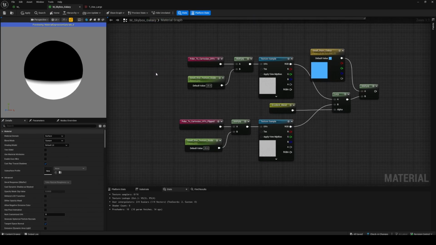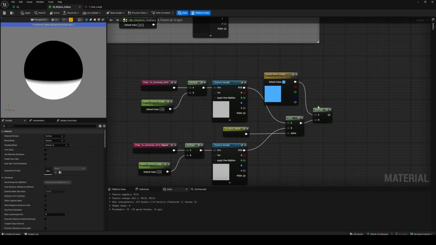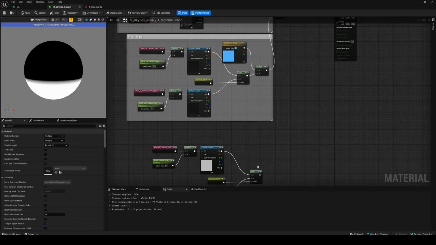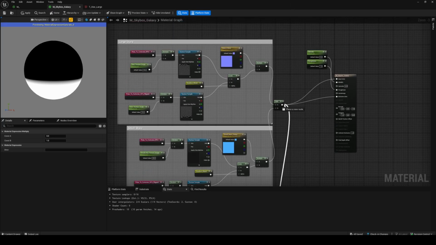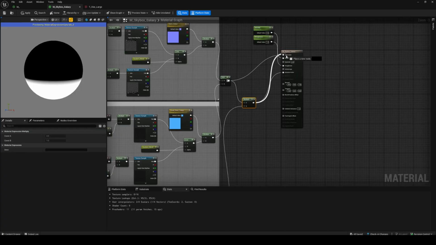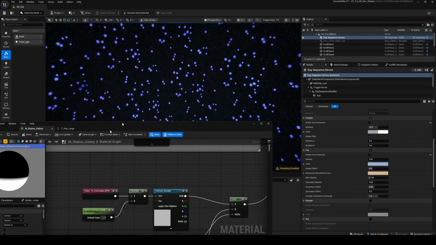So you see we've got our noise texture, and we probably don't want to scale it so much, and we'll also change these. We'll call this noise texture scale. This one here, noise texture scale, and let's scale it down to say 5. And we don't need to multiply it here. What we want to do is multiply it against the large stars and the small stars. So what it's going to do is hide certain parts and show certain parts. So if we just multiply it like that and save,